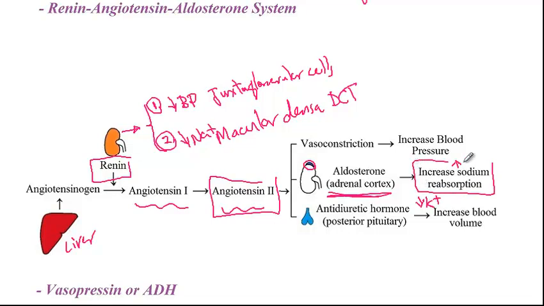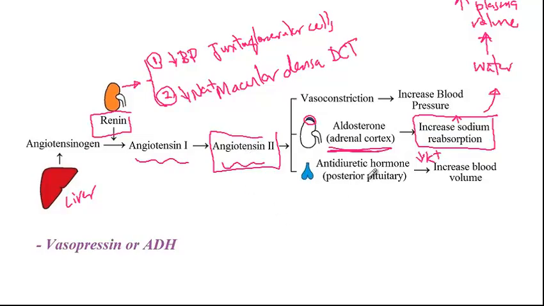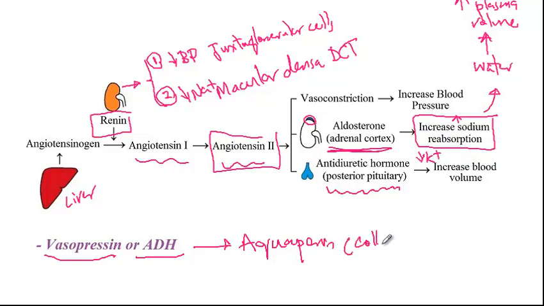And now since there is increased sodium reabsorption, water will follow sodium, as a consequence of which there will be increased plasma volume and increased blood pressure. And then finally, angiotensin 2 acts on antidiuretic hormone, the other name for which is vasopressin, which are produced by the posterior pituitary gland. And the function of these hormones is to incorporate aquaporin, water channels inside the collecting ducts of the renal tubules in order to increase water reabsorption by the kidneys, as a consequence of which blood volume